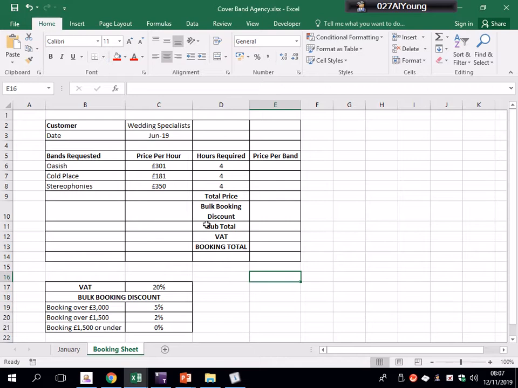So you may recognise this booking sheet from previously, where we used our HLOOKUP to fill in the price per hour based on the band names. This time we're just going to take this basic booking form and go through the stages that you might go through. Now this is a very simplistic example of the sort of thing that could come up in a Higher or Nat 5 paper, and we just need to progress through it stage by stage,